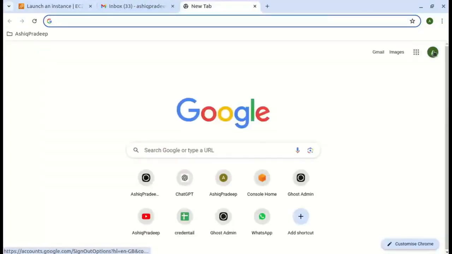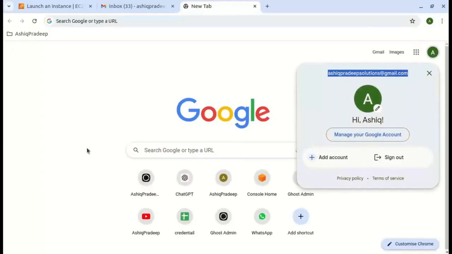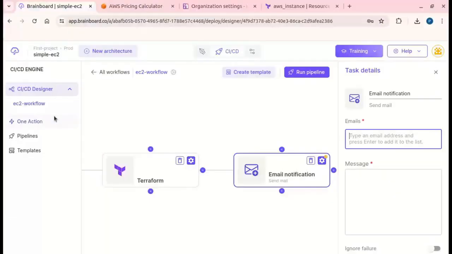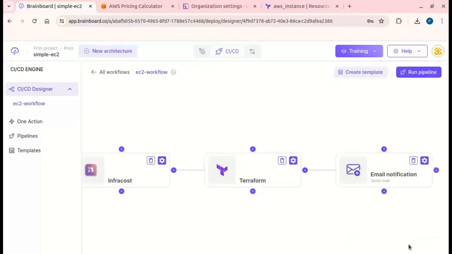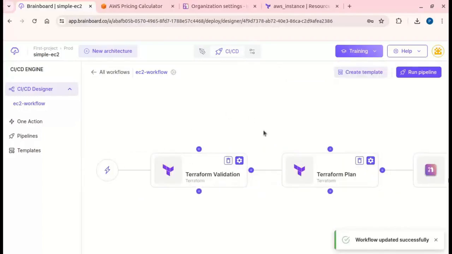Just copy paste and enter. Now we can give a message here: completed apply, please check the board. Yeah, that's it. Save. Now we have implemented the CI/CD, just doing the validation, Terraform plan,